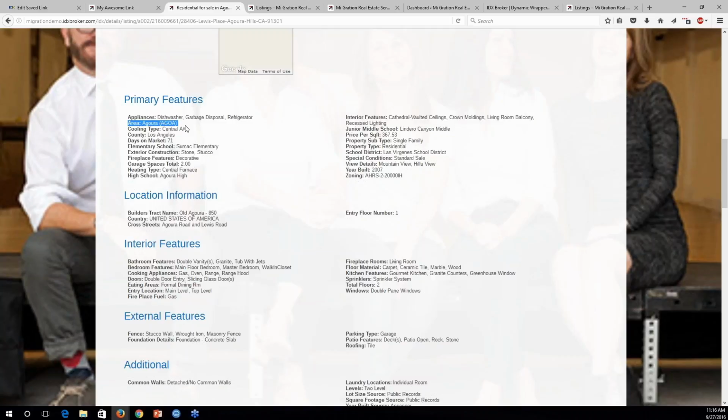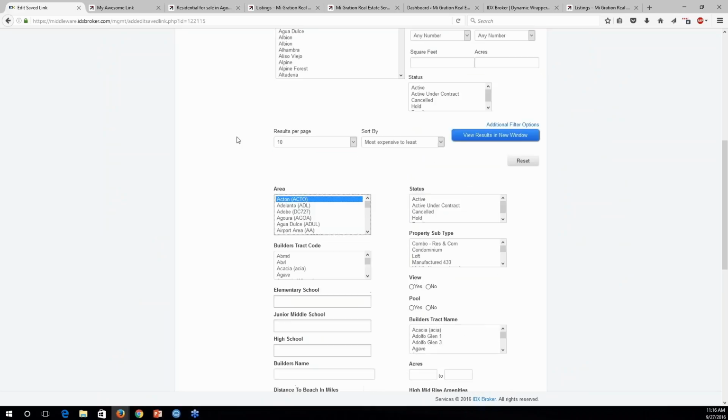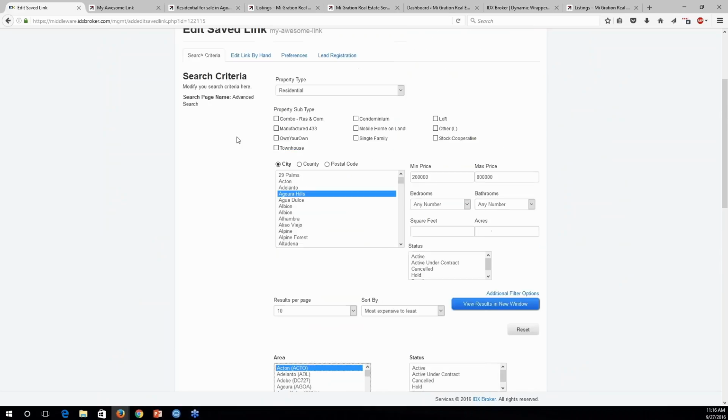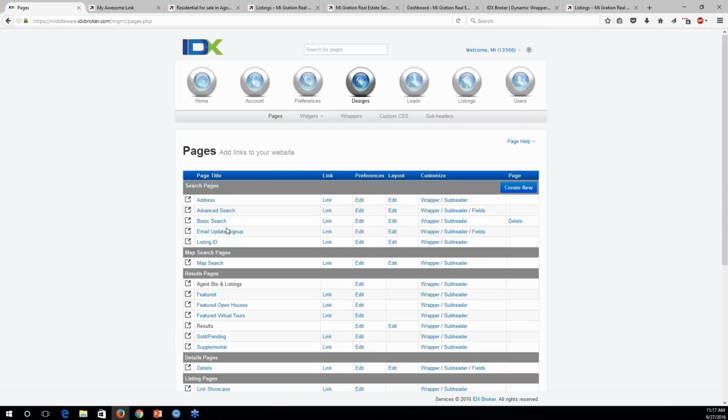One, you haven't added it to the details page yet, and I'll show you how to do that. Or two, area does not exist for that particular listing. So if you know you've added it to your details page and it's not there, then you know it's not a criteria for that particular property, and so it's not going to show up in your saved link. So real quick, I'm going to go to Designs, Pages,